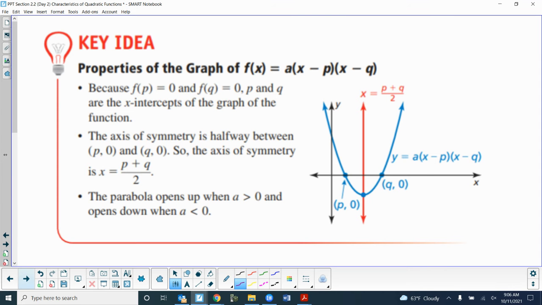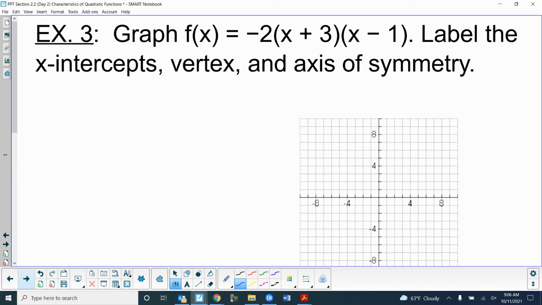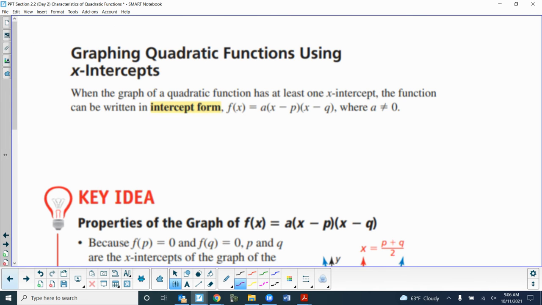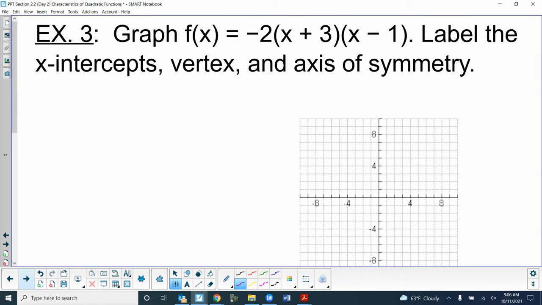Okay? So it's in factored form for you. It's in x-intercept form. That's what we called it. Just intercept form, I guess they call it. All right? So label the intercepts, vertex, and axis of symmetry. All right? So my x plus 3 and my x minus 1. To find my